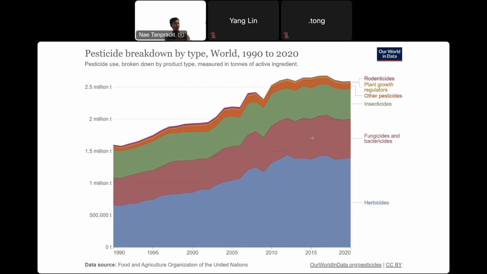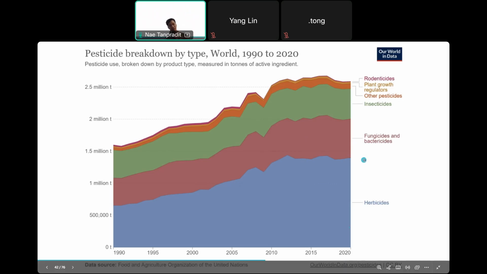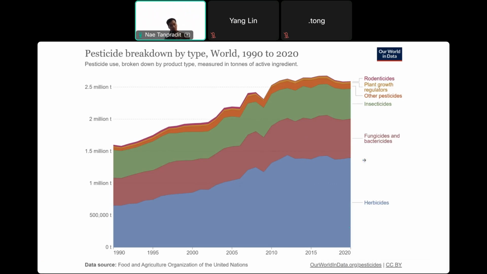Like these pesticides I showed you, we are dumping more and more pesticides onto the surface of the world. The major part is herbicide. Herbicides get rid of the plants that you don't want in your crop, in your agriculture. Right? You don't want grass, you don't want the things you cannot sell. Insecticide, fungicide, bactericide. Now, when we plant something in the crop, even the seed you have to soak in